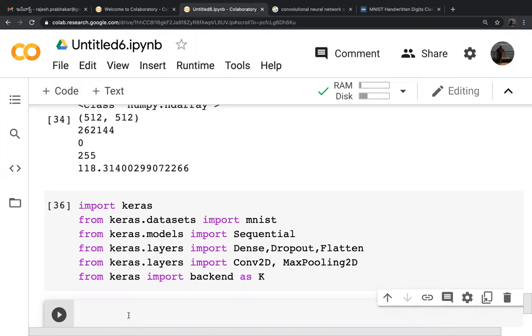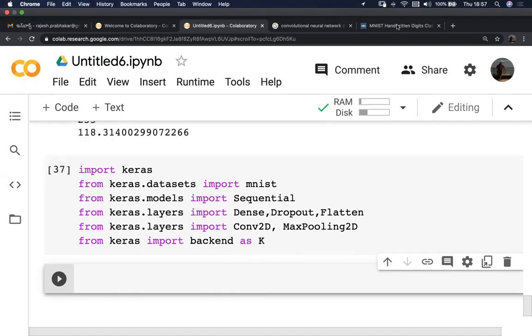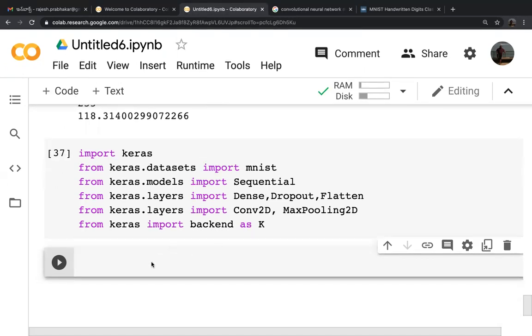So import Keras. From Keras, import Sequential, Dense, Dropout, Flatten, all this. Once we have imported all these things, then we can build our data.